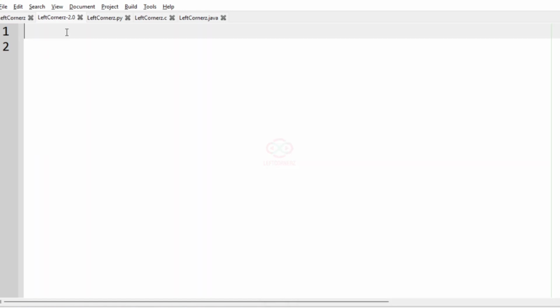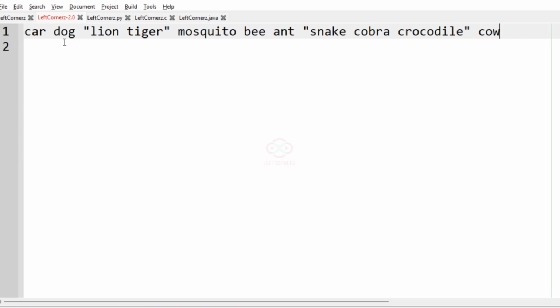So this is our first test case. Car, dog, "lion tiger", mosquito, bee, ant, "snake cobra crocodile", and cow. Here we can see that lion and tiger are enclosed within double quotes, and snake, cobra, and crocodile are also inside the double quotes. So first let us print car. Our output will be car, and in the next line dog will be printed, and next lion and tiger, because they are enclosed within double quotes, so they will be printed